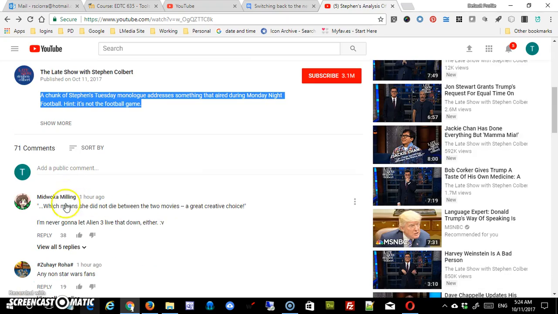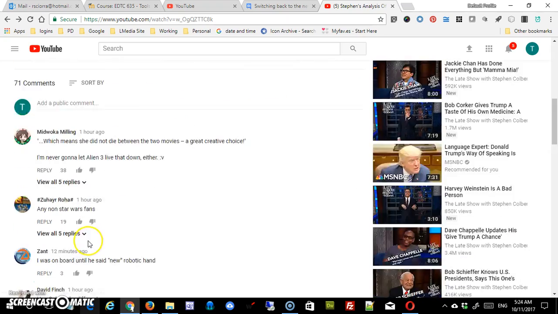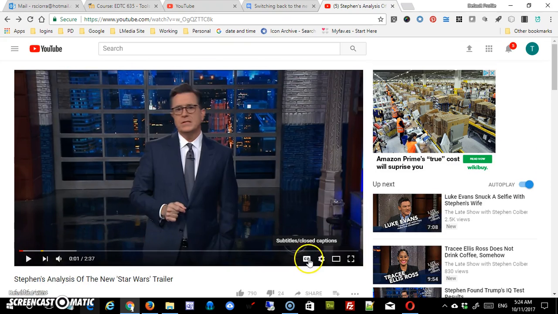Okay, underneath will be comments. If comments are allowed, they'll be listed down at the bottom. And then there's a series of controls on the video player itself. There's volume control over here. So although you can control it from the main computer volume, you can also adjust it right on YouTube here,